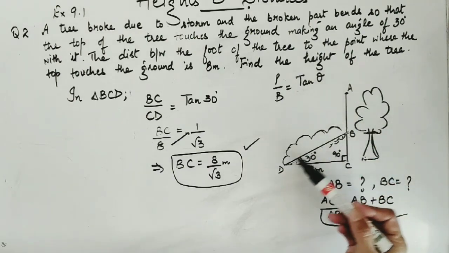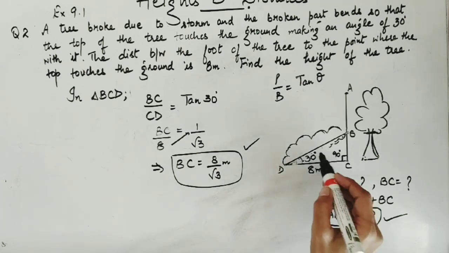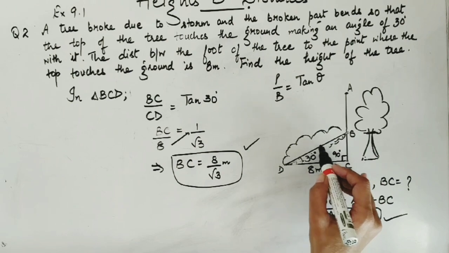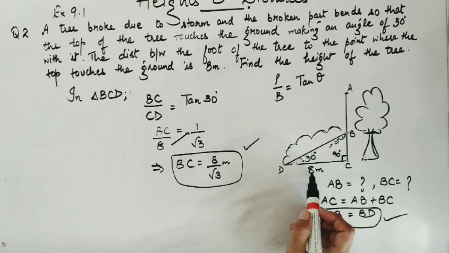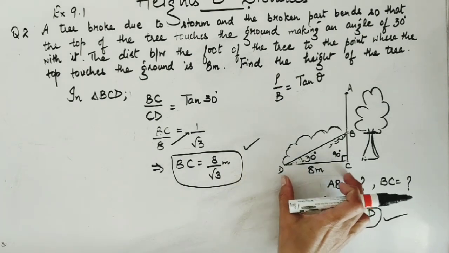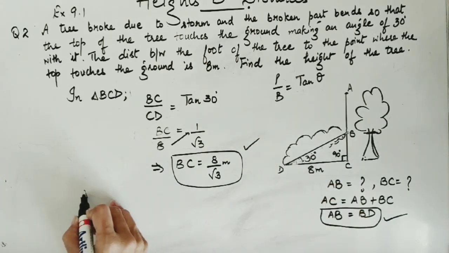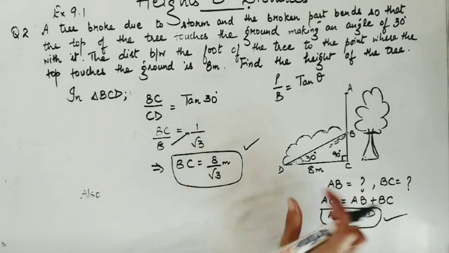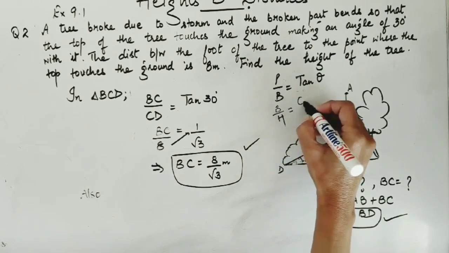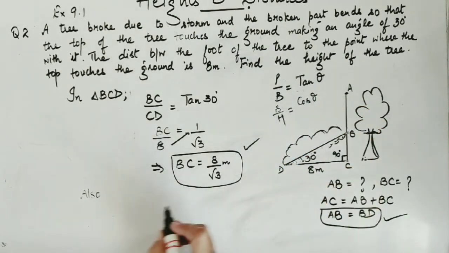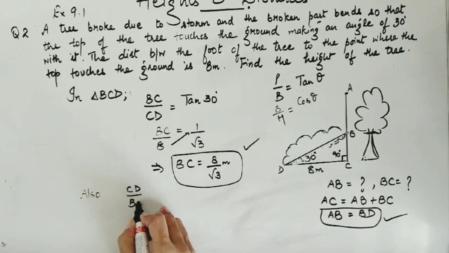Now we need the length of BD. For that, look for which T ratio can help us to find the length of BD. It can be either sin 30 or cos 30. With cos it would be easier because in cos we would be taking this side, which is base. So I would be taking B by H. B by H is cos theta, base CD, hypotenuse BD,